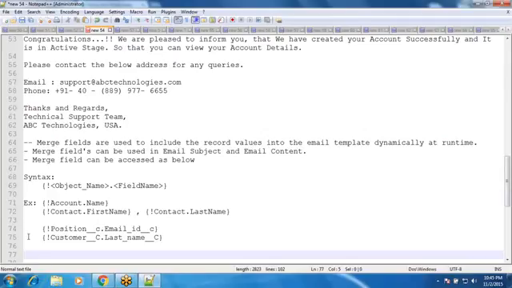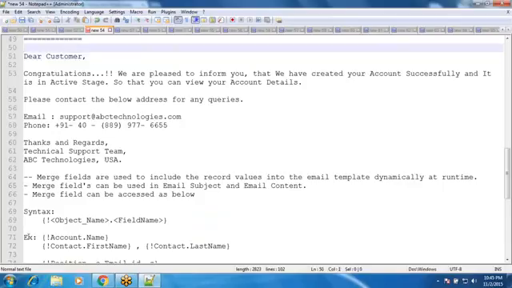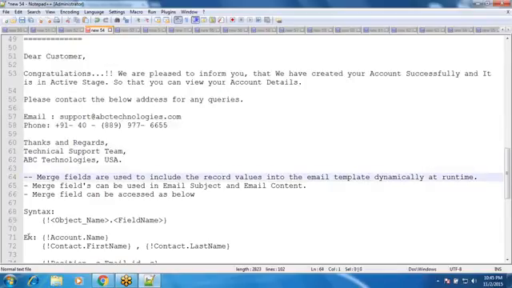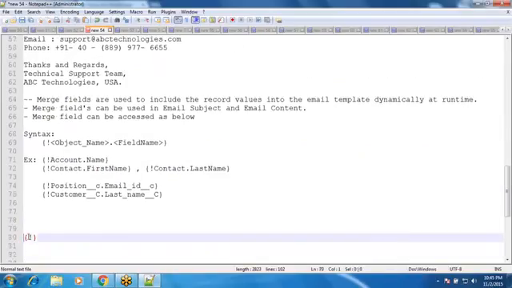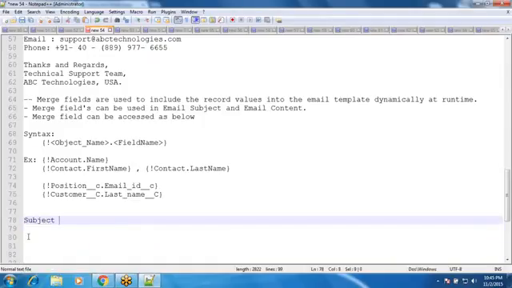So now what I want to do is take the same content that we have and use it with merge fields as well. I want to prepare this content dynamically with merge fields. So now here I am going to prepare that information. The subject I want to prepare: